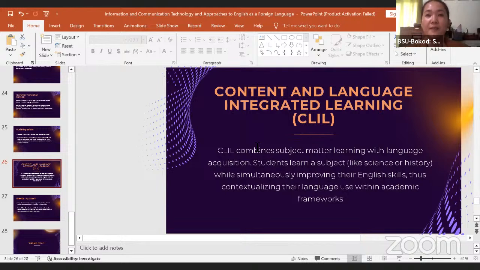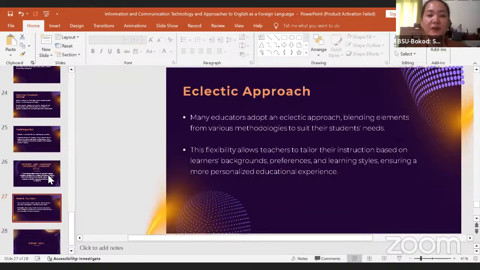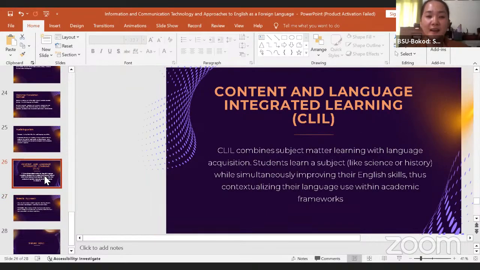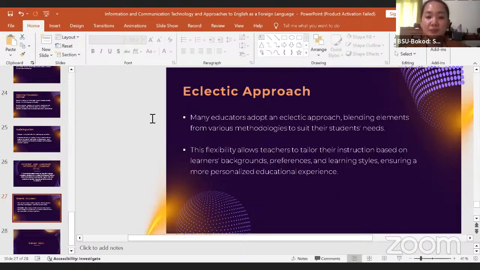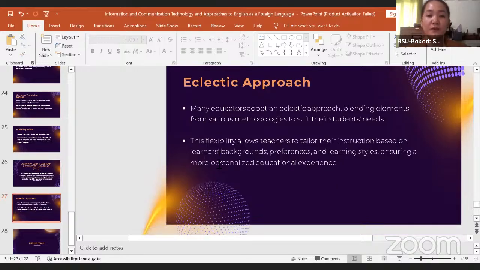But today, we can still make use of these, especially since students nowadays are so inclined to science and technology. And with that, you can also reblend, or you can also include this CLIL. You can blend it with other approaches, so that you will be able to make use of the eclectic approach.